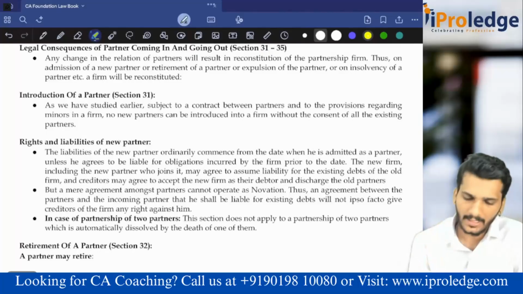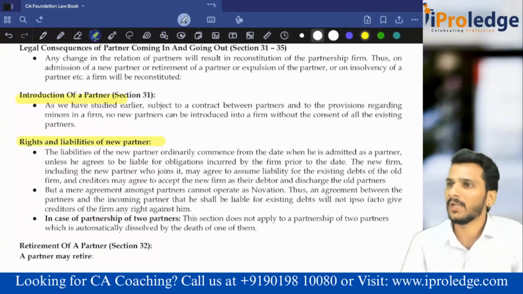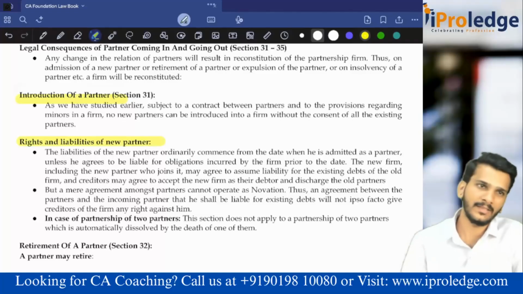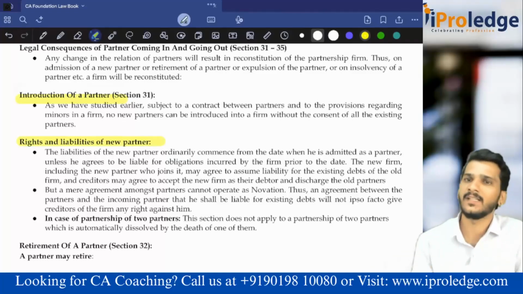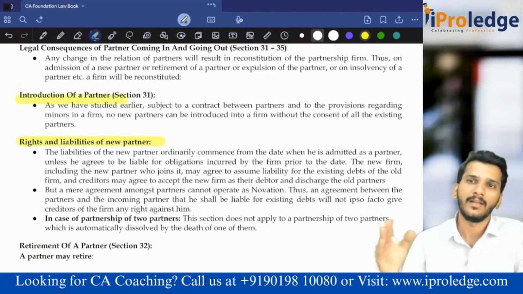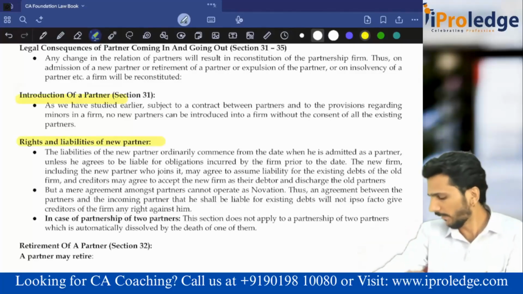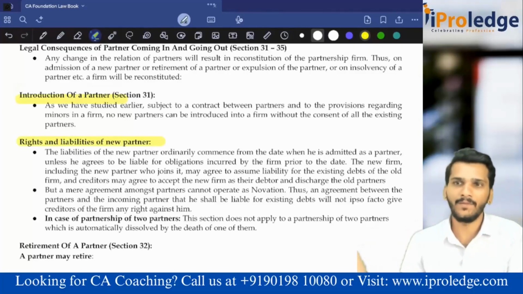You see that the introduction of a partner, we call it admission. What are the rights and liability of a partner? As I said, again, he will be liable for all the activity done after his admission, but he is not liable for the activity which happened earlier. But if he consents that he is okay to take responsibility for the earlier liability, he will also be held liable. When somebody is going to retire or something has happened, in that case, whatever liabilities are there till the date of retirement and giving the public notice, provided he is an active partner, he will be held liable. The moment public notice is given, he will not be held liable for any future activity.